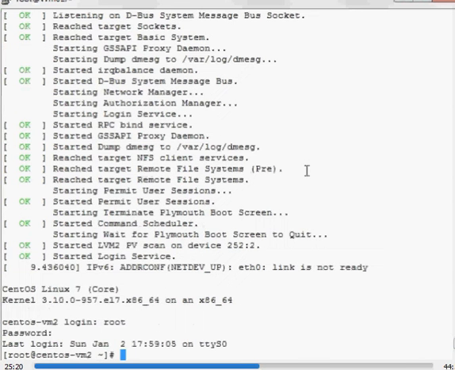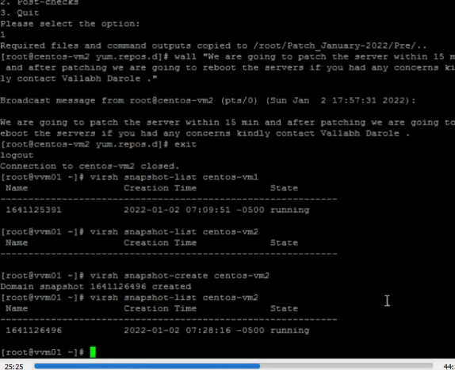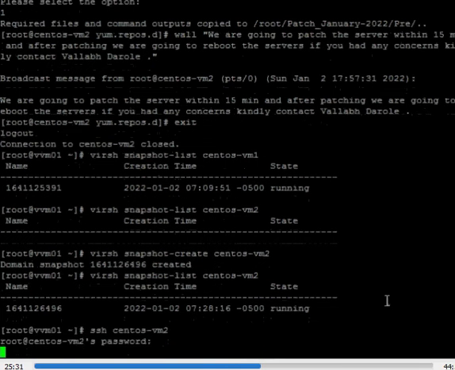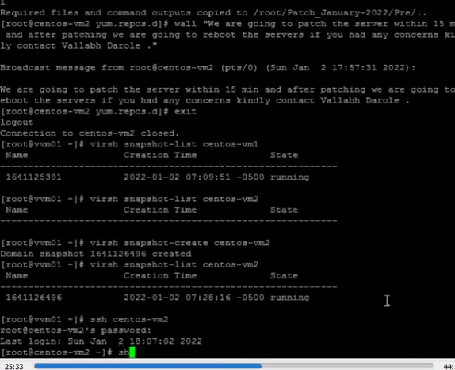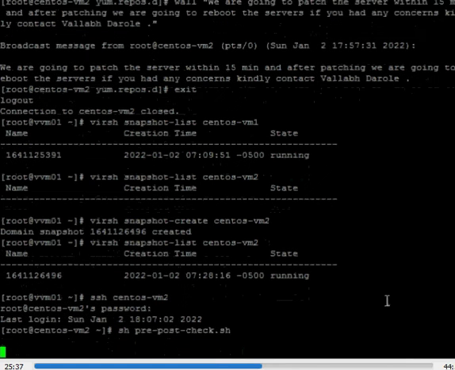Let's log into the console. Now you can see you are able to access the server. Now let's take the SSH from the other terminal. Let's perform the pre-checks and post-checks. Now we will perform the post-check.